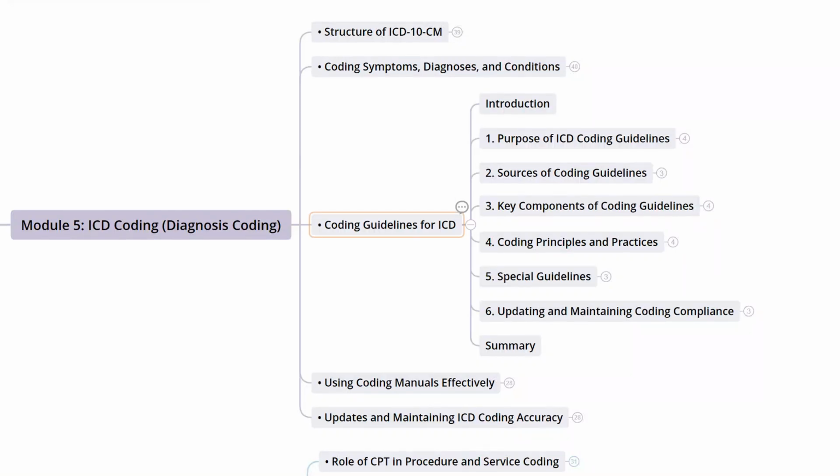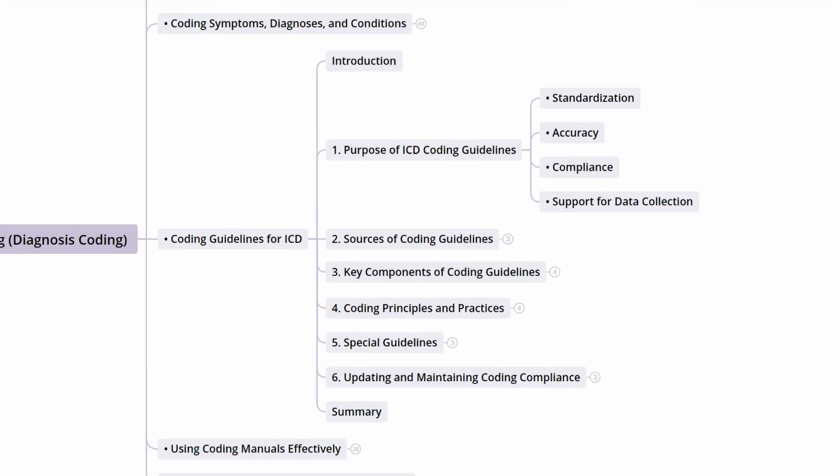Next, coding guidelines for ICD. Introduction. Accurate ICD requires strict adherence to established guidelines that ensure consistency, specificity, and compliance. This module covers the official coding guidelines provided by health authorities, which serve as critical tools for proper code selection, sequence, and documentation interpretation. Purpose of ICD coding guidelines: